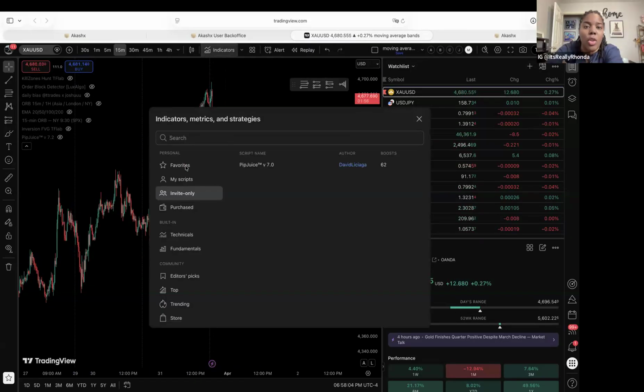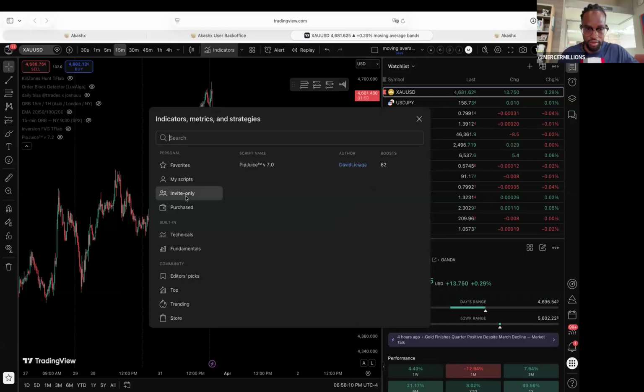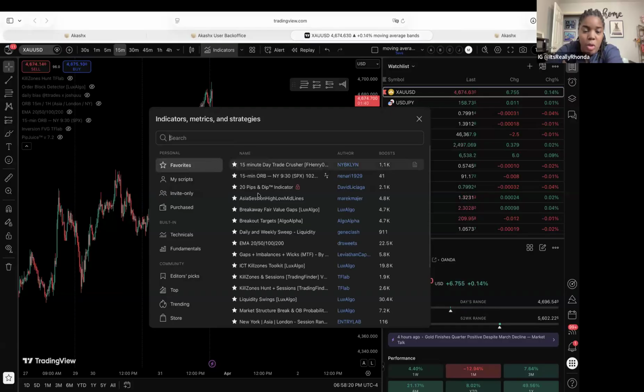Okay, yeah. So if you look at indicators, you're going to see on your left-hand side where it says invite only, and you're going to see Pip Juice right there, and you're going to put the star next to it. So that goes to your favorites. Now you see on your left-hand side where you have favorites. If you click that, Pip Juice will live inside of your favorites always with all the other ones that you